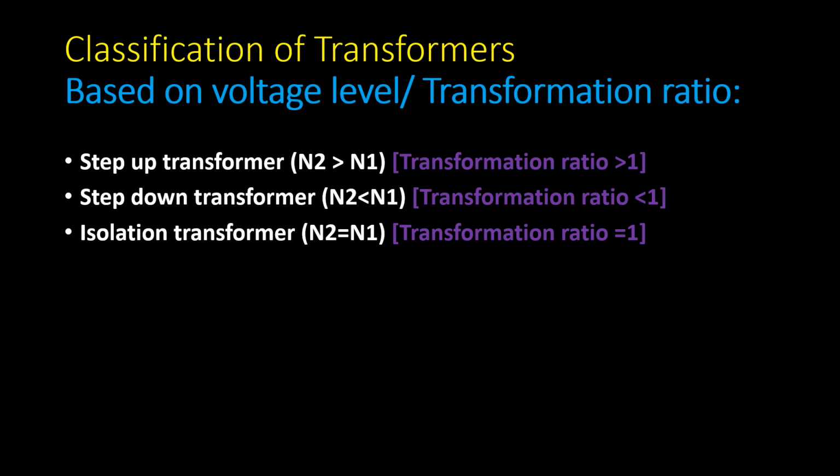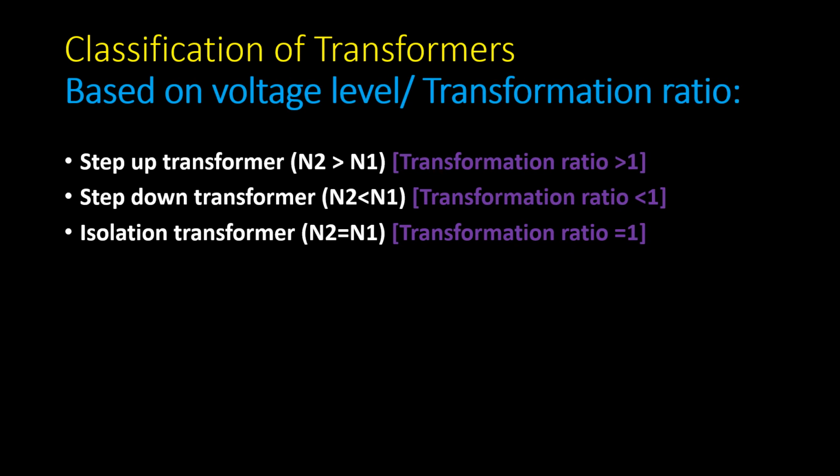Dear learners, I know you are all familiar with the transformer now, and you know the basic structure also. In a transformer we have a core, and on that core we have primary and secondary winding. Depending on the voltage levels and number of turns, we have classification or types of transformer. Now if the number of turns on the secondary side is more than that of the primary side, then it is called a step up transformer. Just try to understand.